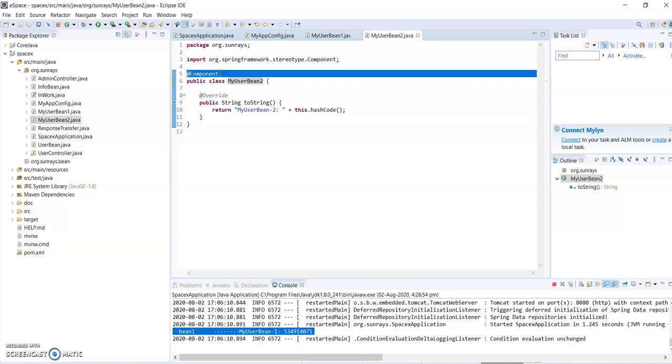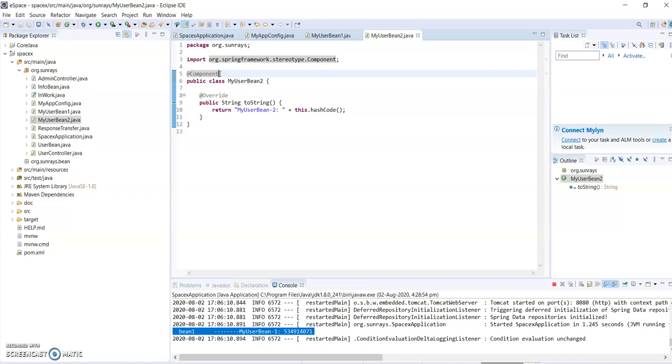One more thing we can discuss about @Component. This is a very generic annotation, and there are some specific components based on our requirements in Spring and Spring Boot applications. Suppose we are creating a service layer to interact with the database. At that time we can go for the @Service annotation, which is derived from @Component.